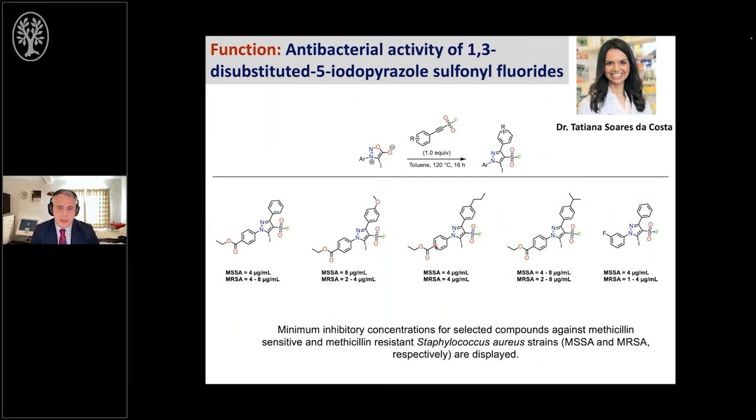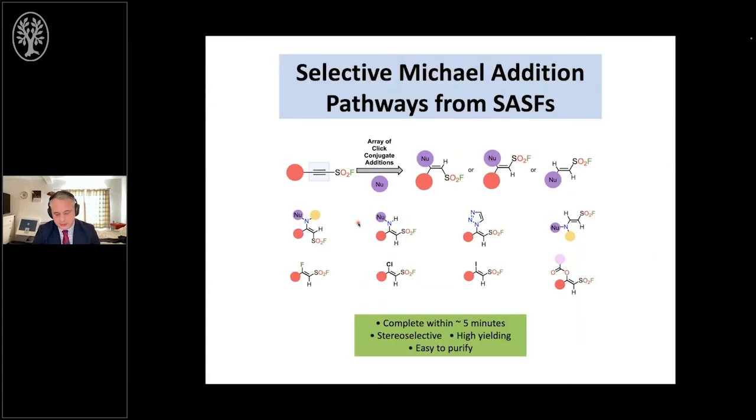We kind of did that. We actually screened a whole collection of our library. In this case, I'm just going to focus on these iodopyrazoles, and just to show that we can achieve function through synthesis from these hubs. And in this case, we discovered a new family of antibiotic, I suppose, against Staphylococcus aureus. These members were fairly potent against MRSA. So we haven't followed this up, but we just wanted to demonstrate that we can get functional molecules that have benefit to society potentially. So that's really the cycloaddition chemistry, and I'm going to switch course now and talk about